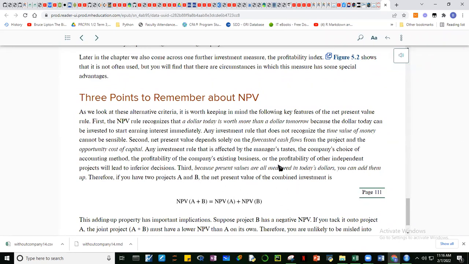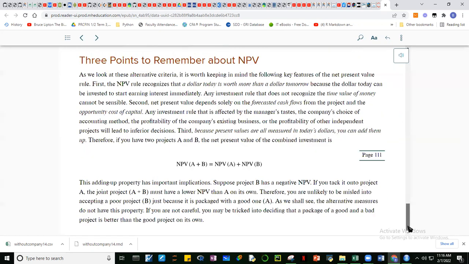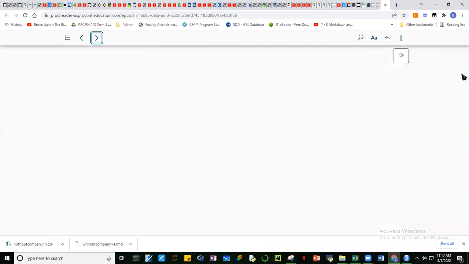Thirdly, additive ang net present value. So which means that we can combine two projects, A and B, and their individual present values are just the sum. The NPV of the total project is simply the sum of the individual NPVs. For example, A has an NPV equal to 10, tapos si B, ang NPV niya 20, so the total NPV of the project is just 30. So you just add the two, kasi additive ang net present value.